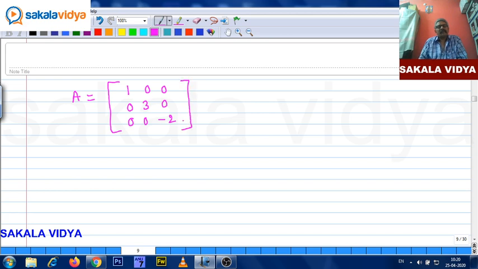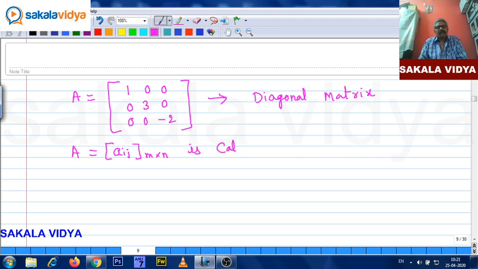Now what do you observe in this square matrix? Except for the principal diagonal, the rest of the elements are zeros. So that's why it's called a diagonal matrix. So that means A is equal to Aij, m by n, is called a diagonal matrix